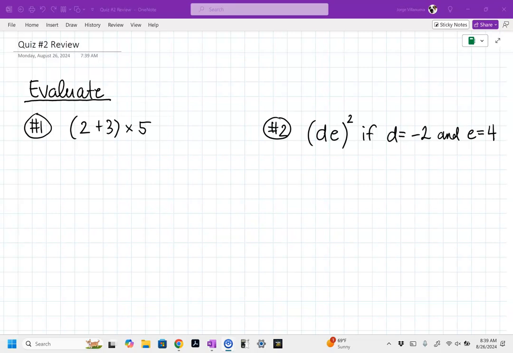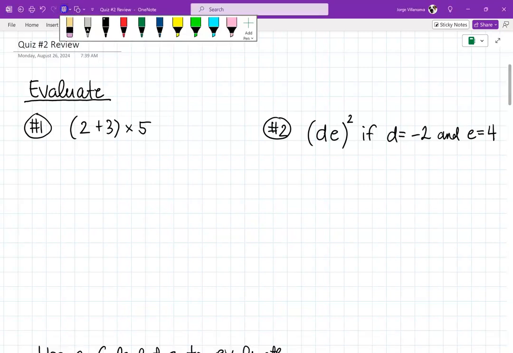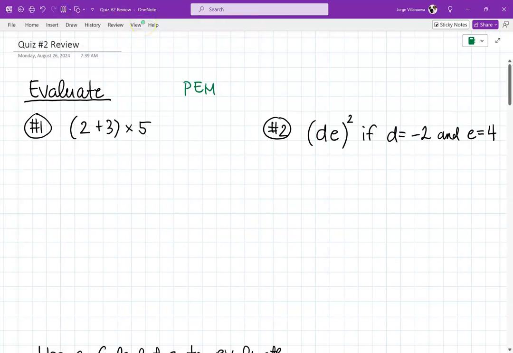So first thing is they're going to want us to evaluate stuff. So when you're evaluating things, you're supposed to do them by hand, not with a calculator, but you will be able to use a calculator tomorrow. So, I mean, if you want to use a calculator, that's fine. But these are supposed to be manually done. So, order of operations is the key to this stuff, right? So when you're doing this, I'm just going to kind of write this out here. I'm not going to write the whole definition. But just remember, guys,